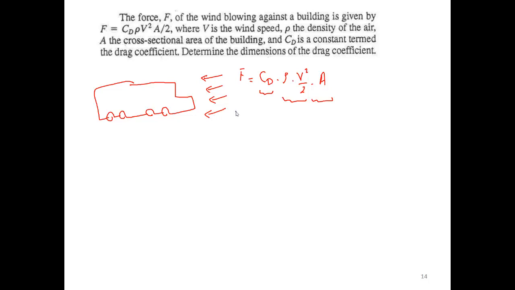Okay, so V is the speed of the wind, or the speed of air. Rho is the density. A is the cross-sectional area, and then CD is the drag coefficient. So we need to find CD in terms of the other parameters. How we can do that is simply by rearranging this equation, and I think I have it here, so